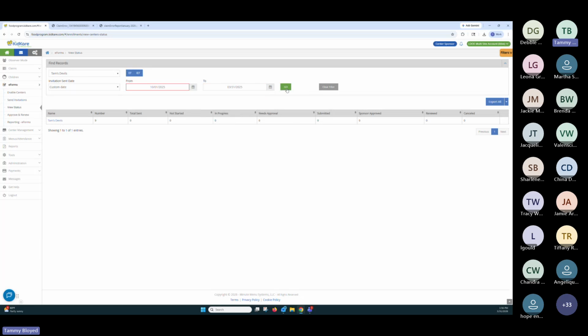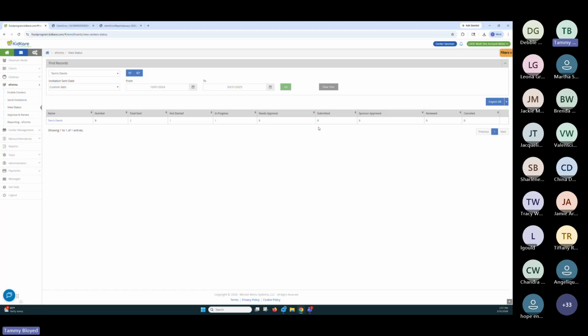And then go. And that's going to tell us everybody that's been in process for that. If you need a broader range, because you know you have some that renewed maybe over the summer before October, back this up to 24 to pull all of last year and all of this year. Hit go. I don't have any data in here for A form, so it's not going to give you very much. But it's going to break it down how many are not started, so you never even sent it to the parent. In progress, it was sent to the parent. Needs approval and submitted somewhere in here is the parent still has it. They've sent it back to you, something on those lines.